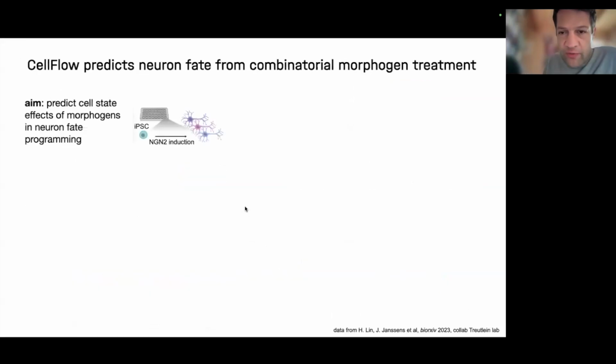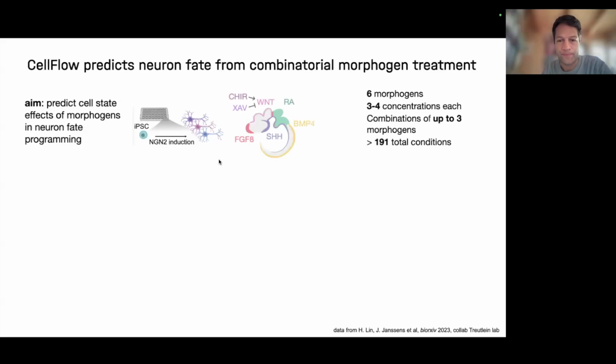But let me now show you how this works for fate programming, okay? I won't show you organoids yet, but first the neuron fate programming. This is work from Barbara's lab, who has been looking for a long time at taking iPSCs and pushing up the factor NGN2, and it makes neurons, right? And there are different programs that influence how these neurons are made, and these are called morphogens. Depending on which concentration and which combination you add, these protocols do different things. It's a bit of an alchemy thing for me, but this is also maybe my naive biology understanding. Everyone has their own type of protocol, and which ones do what you want.